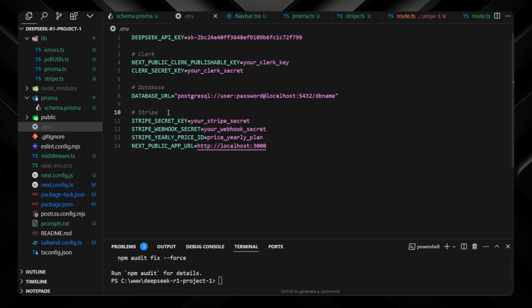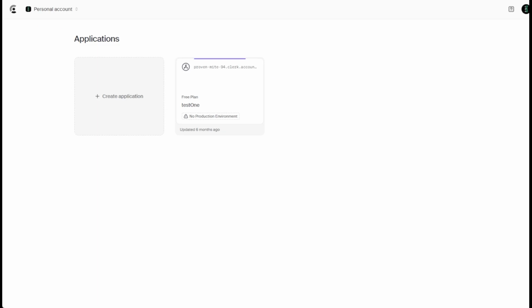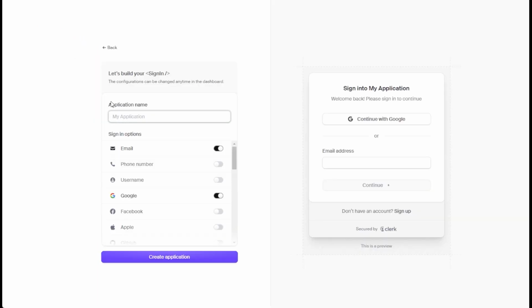Now I'll show you how you can do it. Now we will integrate user management with Clerk, and you will sign in, then go to this dashboard. There in our applications, we will click on create application. For application name, I will select SaaS tutorial, and next to email, I will have there also login with Google. I will click on create application,